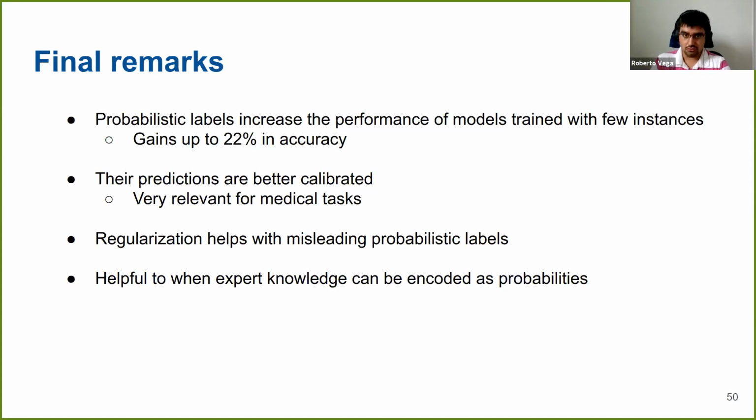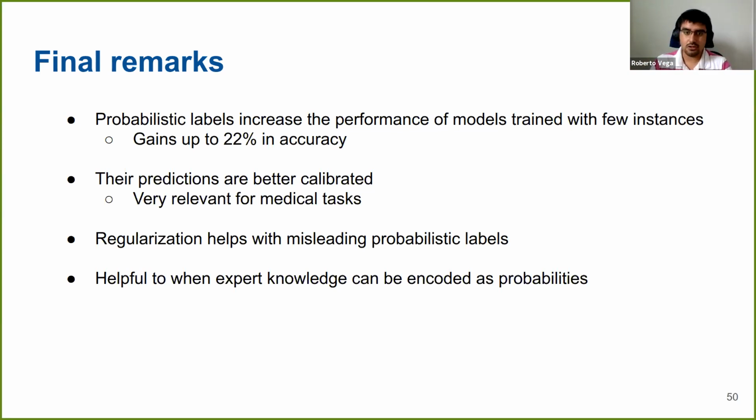The predictions of this model with regularized probabilistic labels are better calibrated, which is very relevant for the medical tasks. The third option is that the trick of doing regularization really helps whenever we have misleading probabilistic labels. And this decreases the risk of using the probabilistic